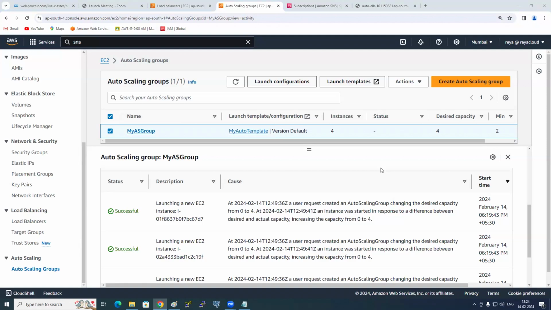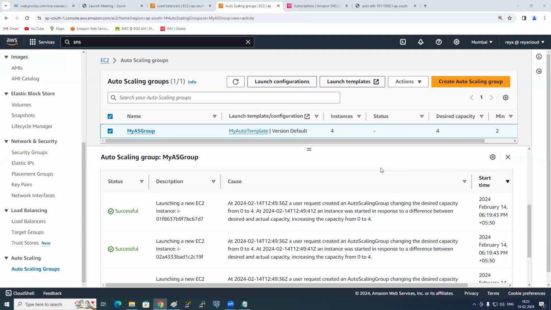And you have given the condition that average utilization should be maintained at 70%. If it is maintaining 70% on these 4 machines, it will not scale out. But if the average utilization goes greater than 70%, scale out will happen or not? Then desired capacity will be how many? 5. And now there is no load at all. Now it will become 4, 3 and then 2. As it is the minimum, it will not go less than the minimum of 2.